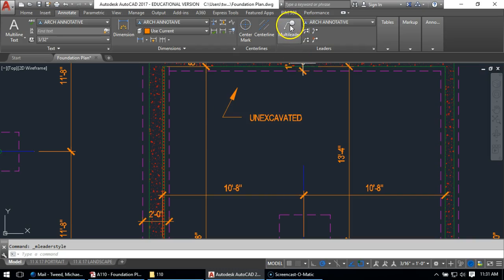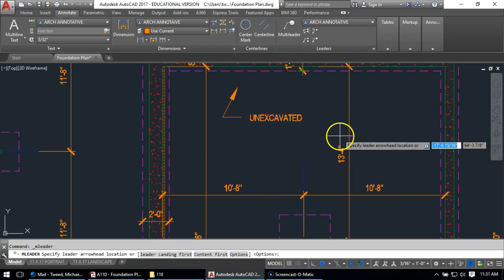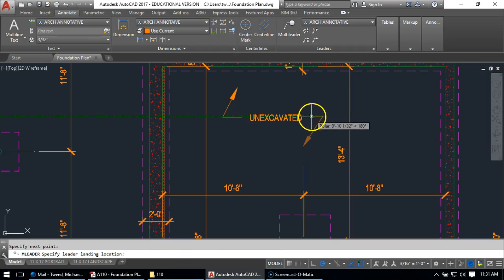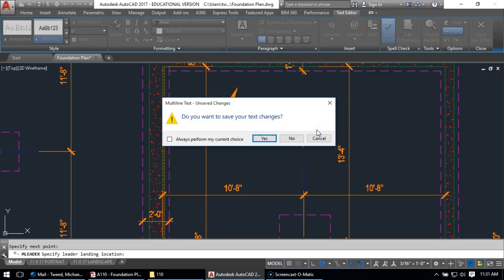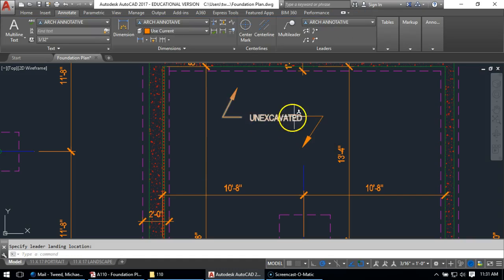In this case, I need another arrow. So I can just start my leader line again and start at the arrow, come up, and come over this way. Now this time I don't need any text, so I'll just escape, and it says, do you want to save changes to text, and I say yes, and it will allow me to do it without any text. Although the line ran over to that text, so I'll just move it over